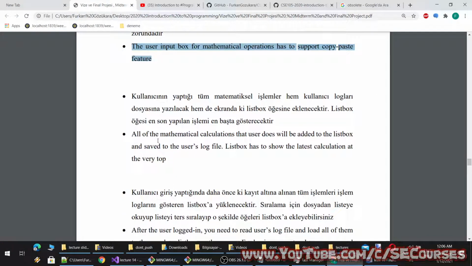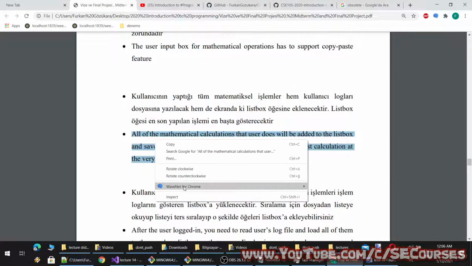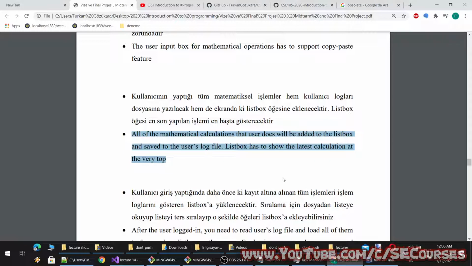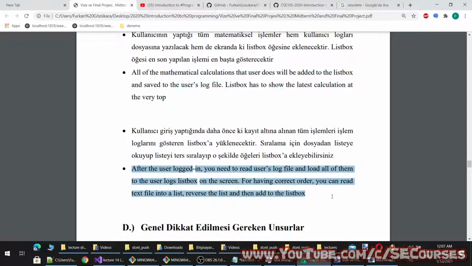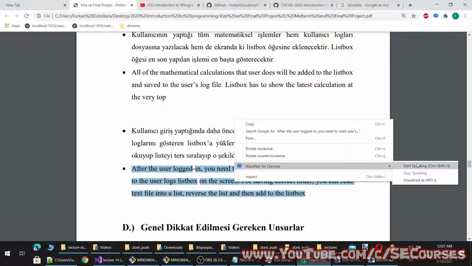Let's continue. All of the mathematical calculations that user does will be added to the list box and saved to the user's log file. List box has to show the latest calculation at the very top. To achieve this, we reverse the list. I have already shown you that in this lecture.